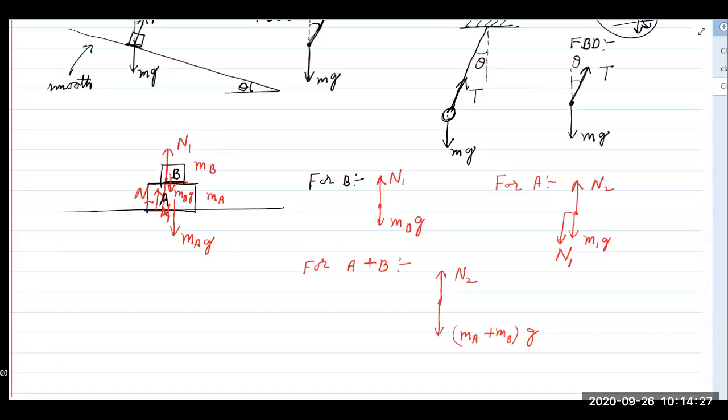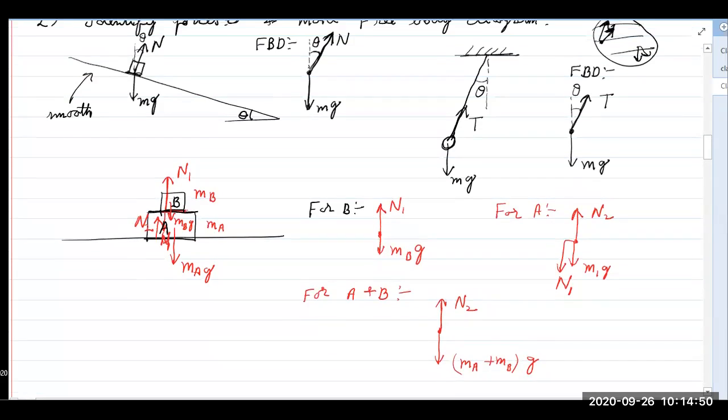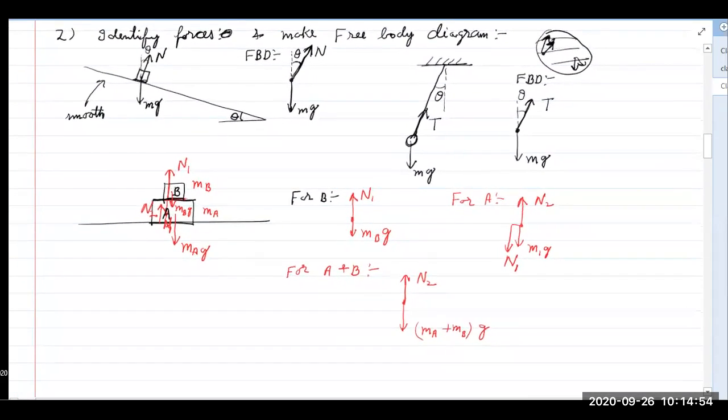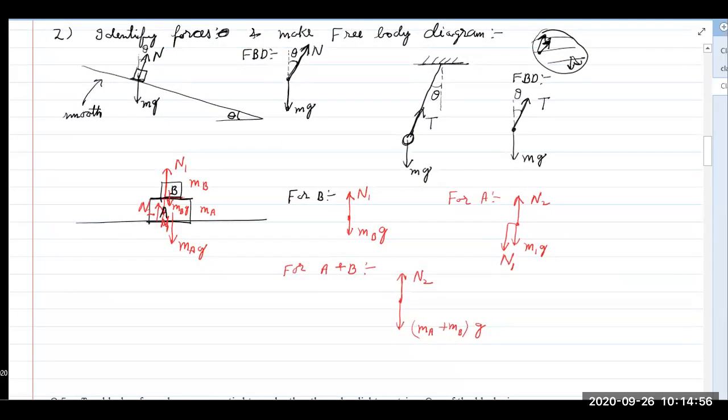Why are internal forces not written? Because internal forces are going to get cancelled. You can see that if you combine A and B, then N1 is downward on A and N1 is upward on B, so if you combine these two, this N1 is going to get cancelled. That's why we do not write internal forces. So in this way, we draw the free body diagram. After this, our next task after drawing the free body diagram is